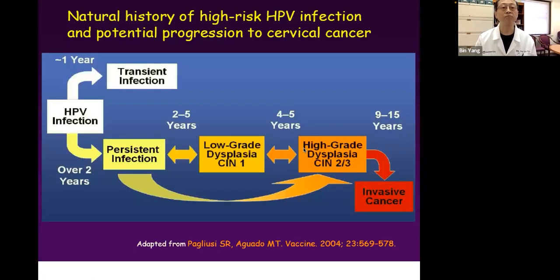This is a schematic drawn 20 years ago, but I think it's still very good to summarize transient and persistent HPV infection linked with squamous dysplasia. If you look at it from HPV infection starting to invasive carcinoma, it takes quite a long period of time, roughly 8 to 10 years, which provides a great window of opportunity for us to do screening and identify early lesions and